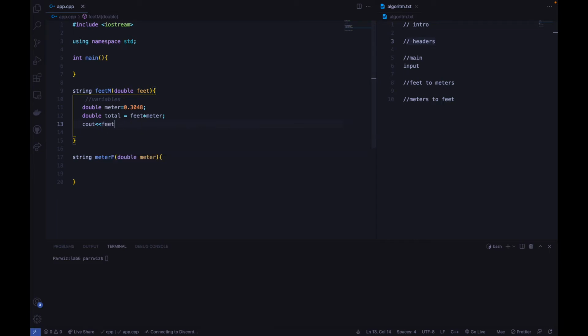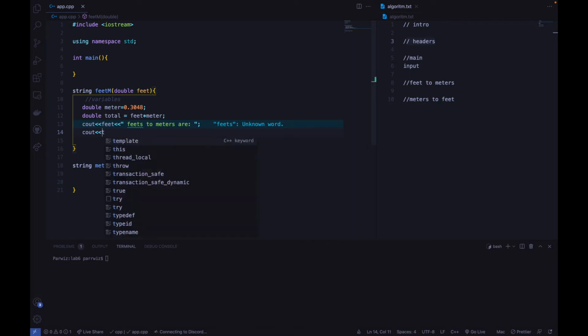All right. Once we did that, now we have to show users back this data. So we will tell the user that this many feet that you gave for the computer to process to meters are, and then we'll just give it a space, and then we'll just use a semicolon. You know why I gave it a semicolon instead of an endl, the ending new line? Because you will see now, because we need to cout. So if we just cout total, you know what will happen? We will just get this random number with many digits after the point. We don't want that. We want a simple